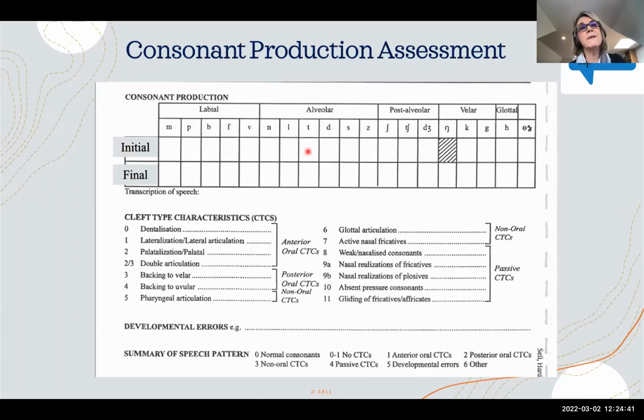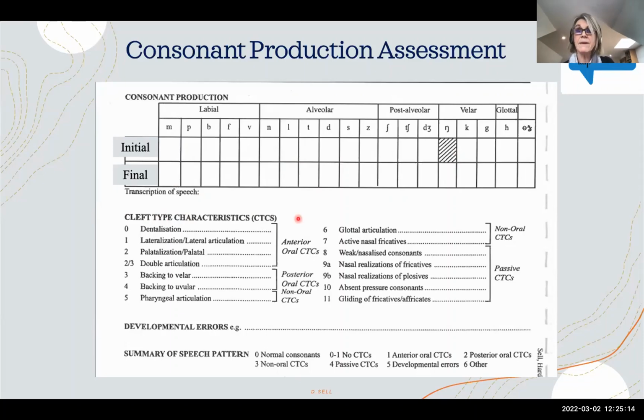So Tim is putting a hat on, T initial, T final. And in the clinical assessment, you can use any other words that you hear to note down, particularly when there's variability in your patient. So you go along here listening to each sentence and you transcribe what you hear, in the different positions. And then you take this information and you then code it into the Cleft speech characteristics as Trina described in